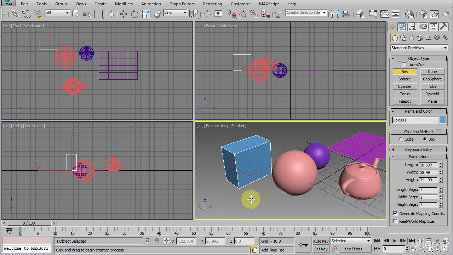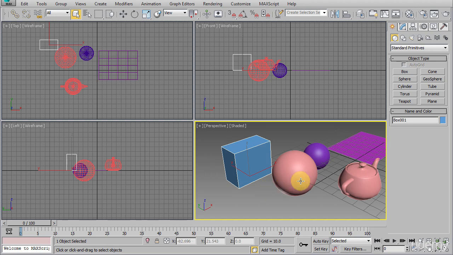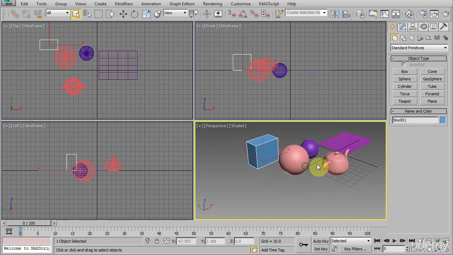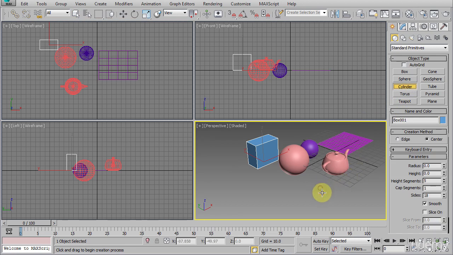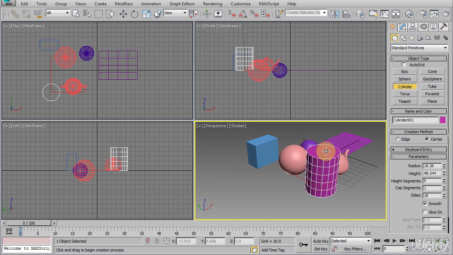And there you go, we just finished creating one box. And as always, you are still in creation mode, and if you want to exit, you need to right-click once. We can try the same technique on cylinder also. Click on the cylinder, click drag to define the base, release, move up, click once, and we have a cylinder.